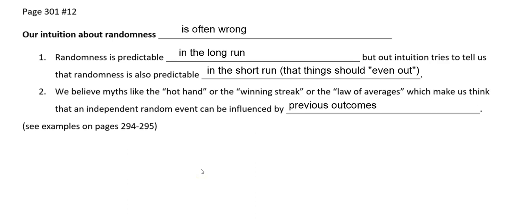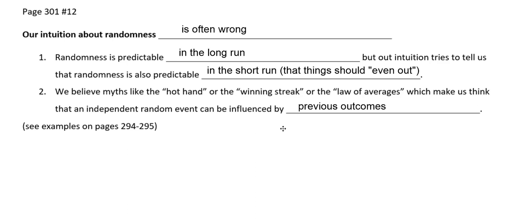So to sum up, our intuition about randomness is often wrong. Randomness is predictable in the long run, but our intuition tries to tell us that randomness is also predictable in the short run, that things should, quote, even out even in the short run. We believe myths like the hot hand or the winning streak or the law of averages, which make us think that an independent random event can be influenced by previous outcomes. For example,